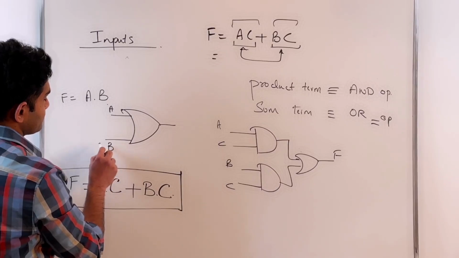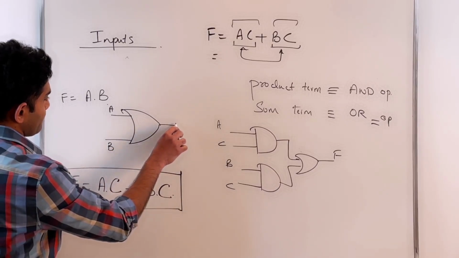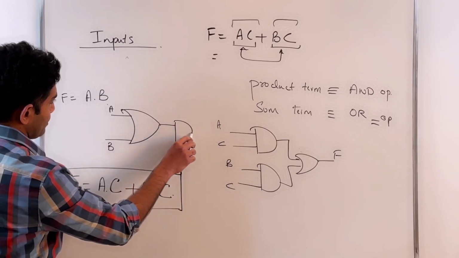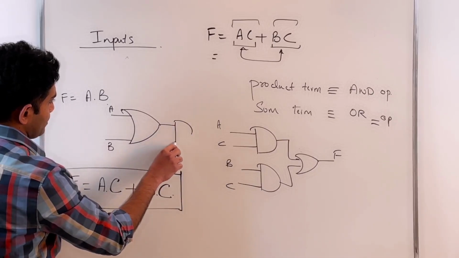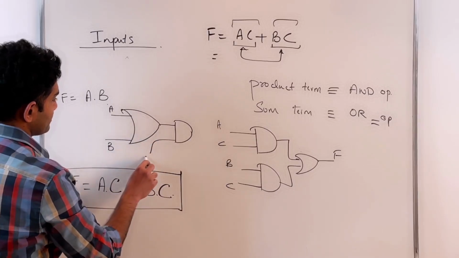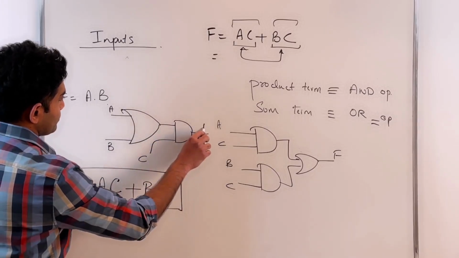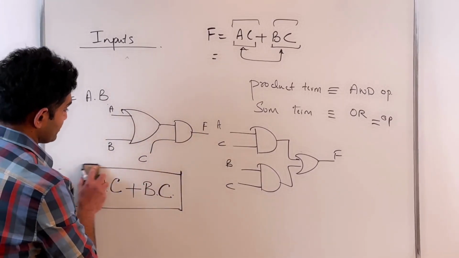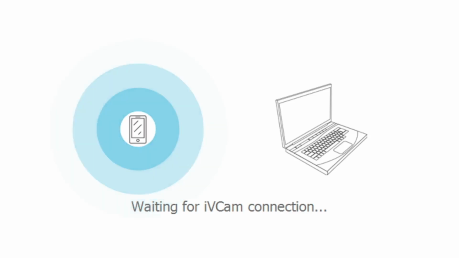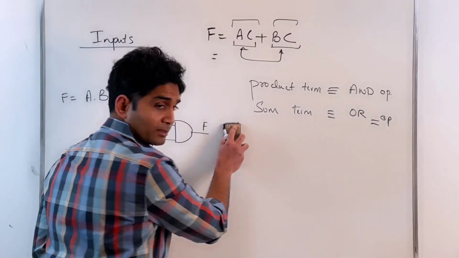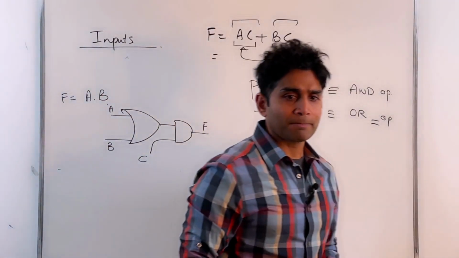Okay. And then could we connect the output of that to an AND gate, or the input to an AND gate, and then the other input to C? Okay. Something like that. Yes. Well, let's see if that makes logical sense. That's a very good idea. I'm glad that you're looking at alternatives, and that brings us to another important